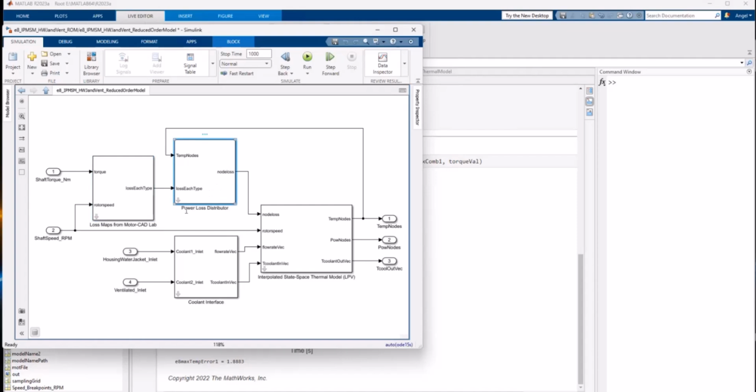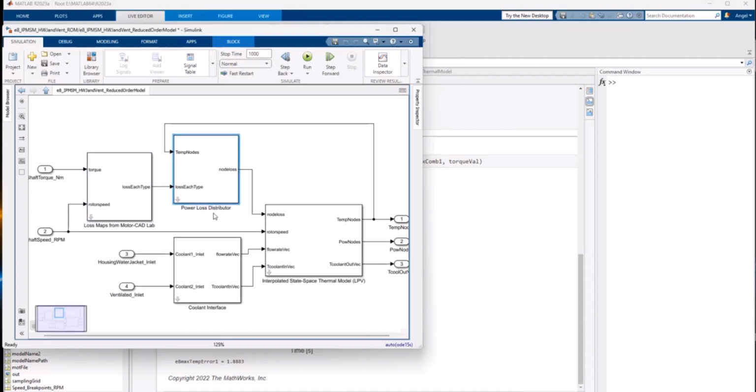Then this subsystem, the power loss distributor, is going to figure out how these losses distribute into the nodes inside the motor. Once we have this array of node losses, in this case I think we have around 123 nodes, this vector has a size of 123 and is passed to the interpolated state space thermal model, which is the collection of thermal state space matrices that MotorCAD exported.